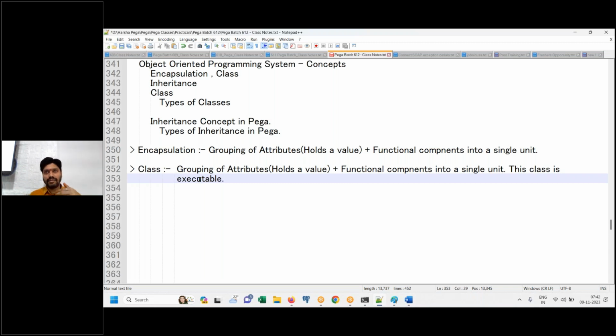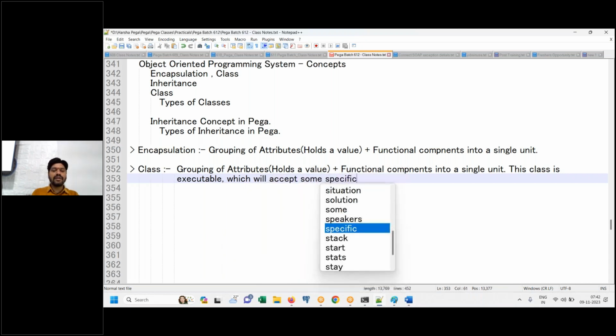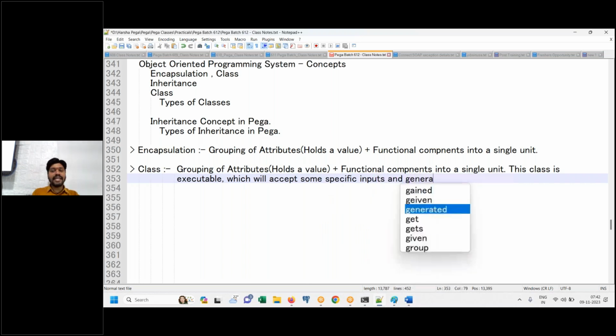Then take the first gear, driving starts. That's the purpose actually. Is a laptop an executable unit or not? It is also an executable unit. You start the machine and then you do something. Executable means it will accept some specific inputs, one or more inputs, and generate an output.